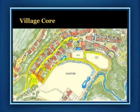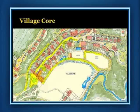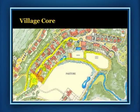Again, the public is going to frequent the entry village square more so than the central village square. The buildings around the central village square are on your left, not up, but on the left, Jeff. There you go. That's going to be the main kind of